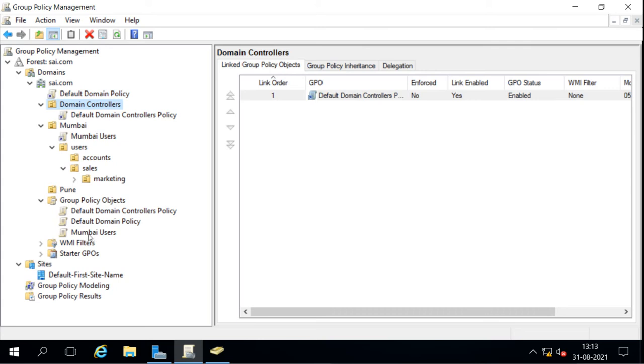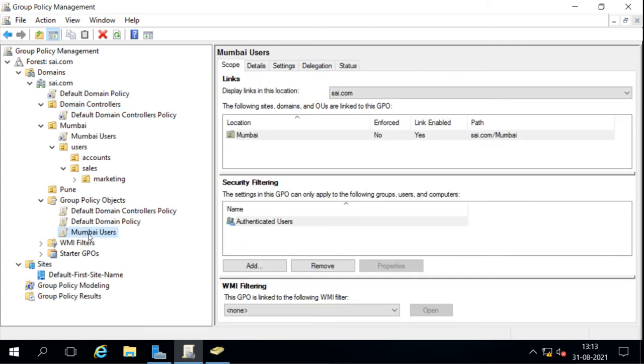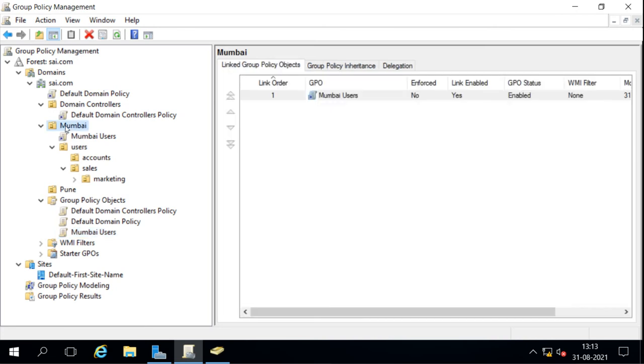The group policy object is still there, and the link is also there for the Mumbai users. So this is the benefit of having links. That means we can create multiple links for a policy, and we can remove one link from an OU. It is not going to remove the policy itself. If we want to remove the policy, then we have to remove it from the group policy objects container.